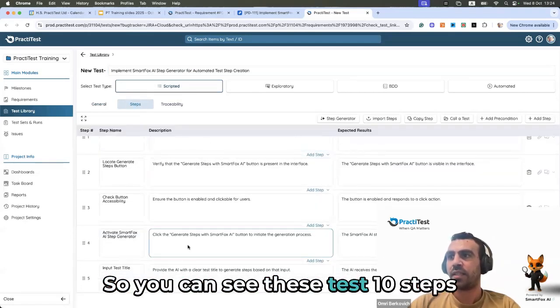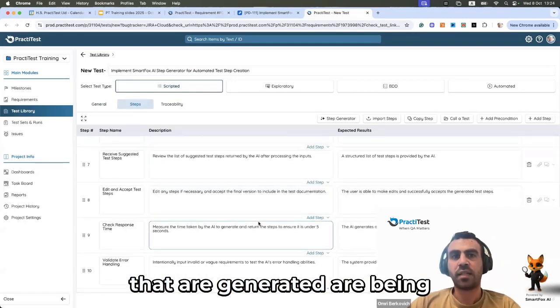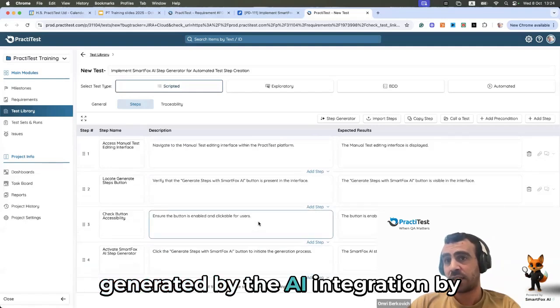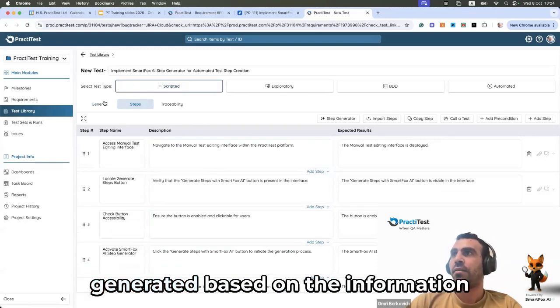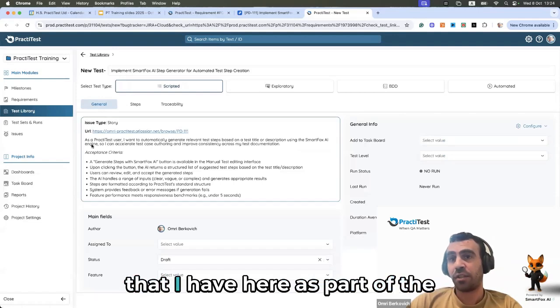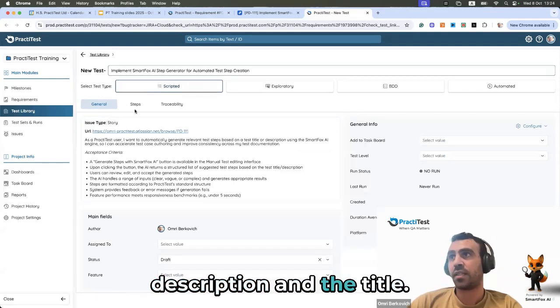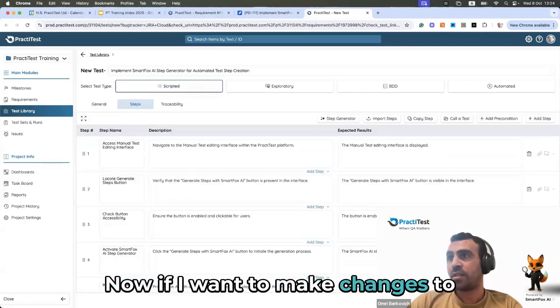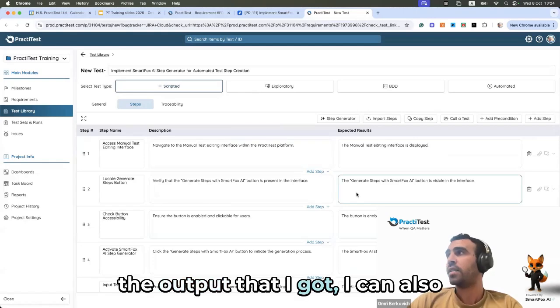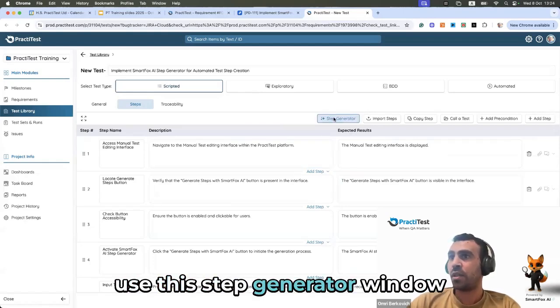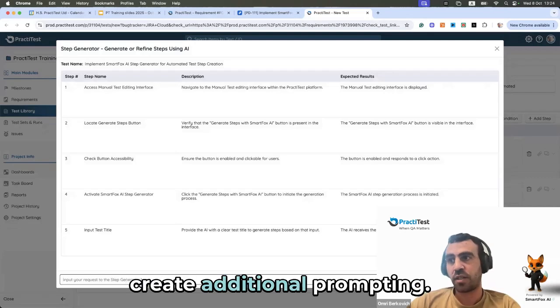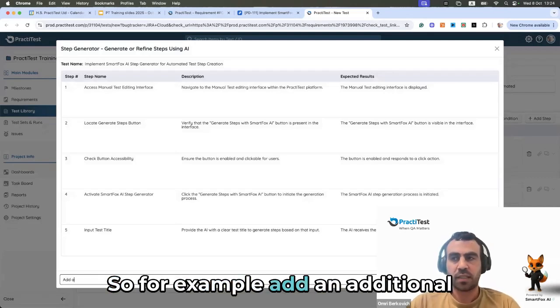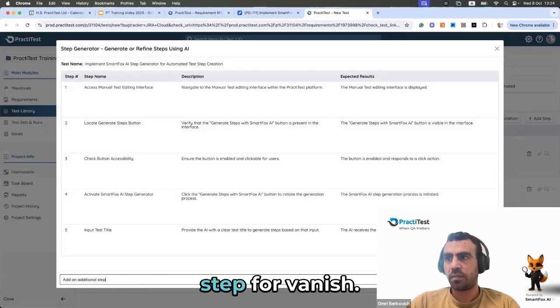So you can see these 10 steps that are generated are being generated by the AI integration, and it's basically AI generated based on the information that I have here as part of the description and the title. Now, if I want to make changes to the output that I got, I can also use this step generator window to add additional information or to create additional prompting. So for example, add an additional step for